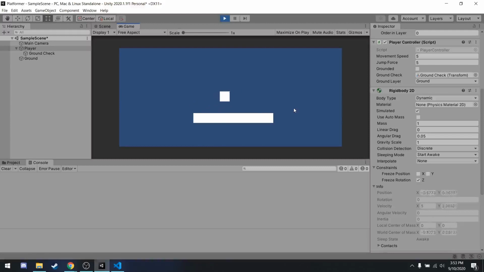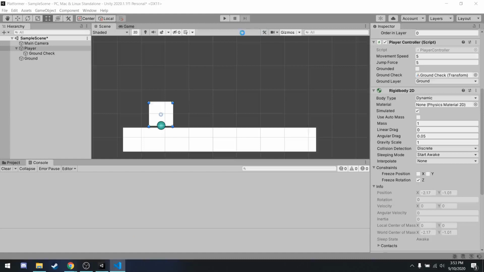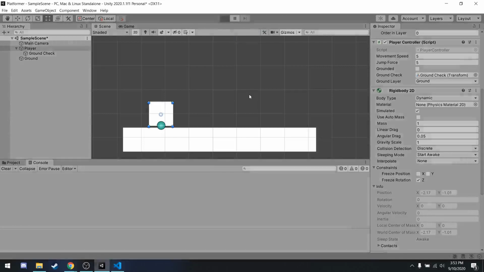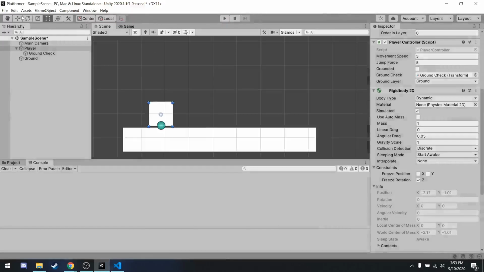You could tweak the values for the movement speed and the jump value. Again, you could adjust whether or not you use GetAxis or GetAxisRaw. In fact, I actually want to use GetAxis for horizontal. I'm going to save that and go back, and it just makes it a bit smoother. I won't get into the ways you can change this GetAxis, but if you want the smoothing to be a bit faster or maybe even a bit slower, you can do that by going to Edit,